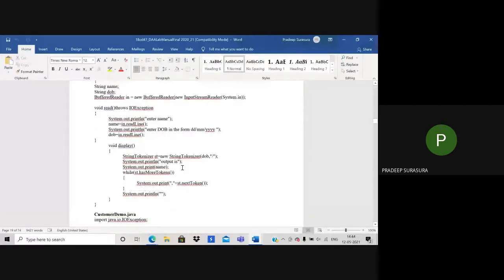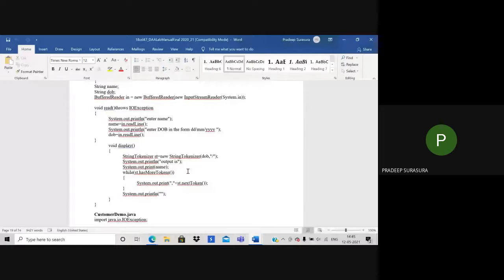Then I will create an object for string tokenizer on the variable I want to tokenize. I will pass date of birth. What is the delimiter? The delimiter is the forward slash.